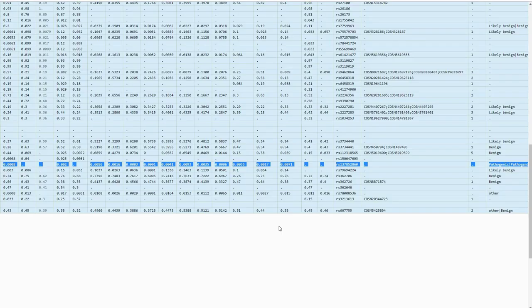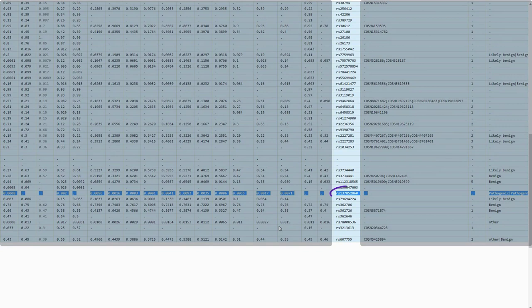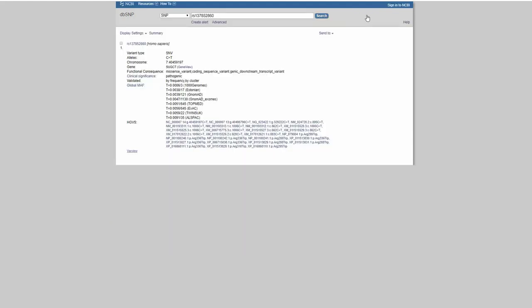Back to the annotation table. Based on the dbSNP column, this variant has ID rs137852860. Now with this rs number, we can query the dbSNP website to collect information about this variant.